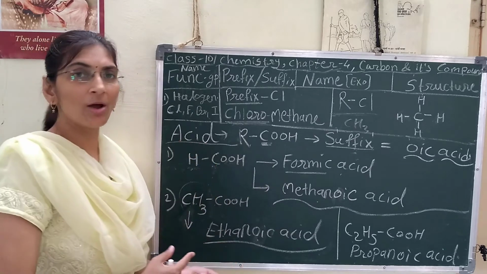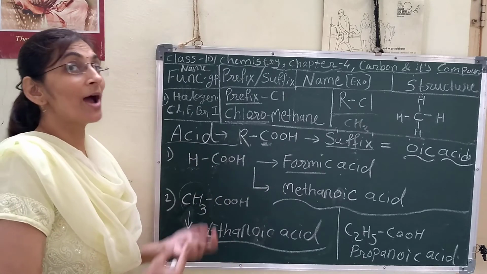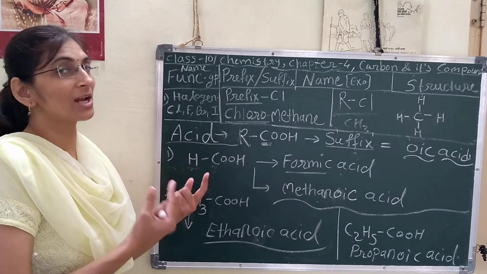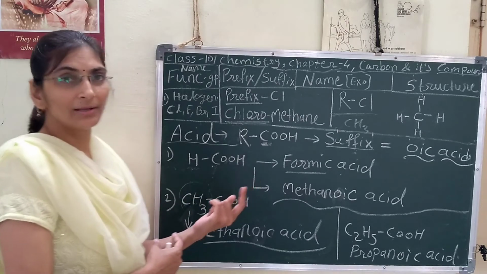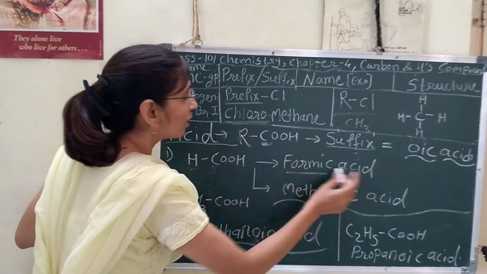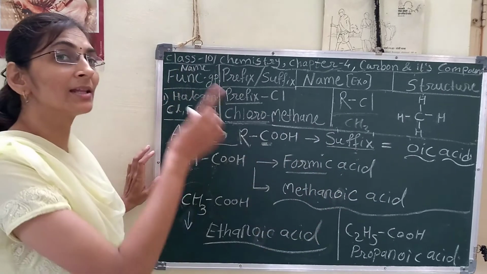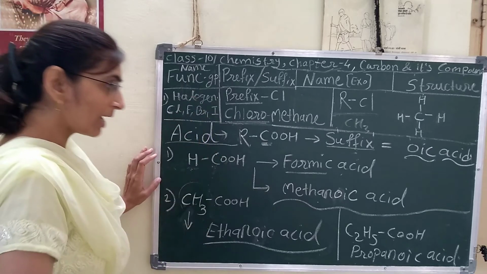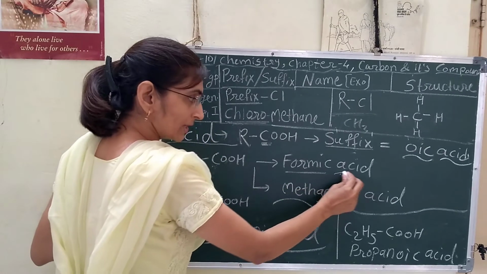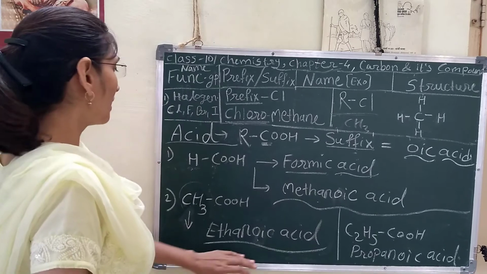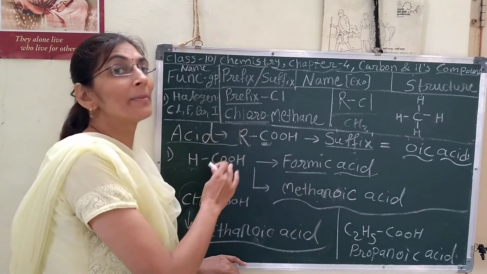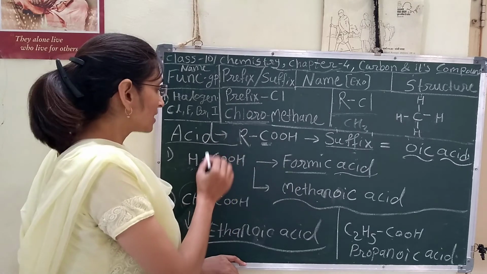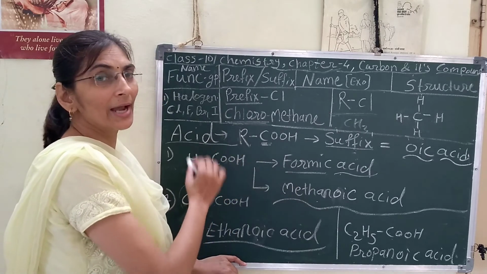Because it is the property of acid. So, understood why we feel the burning sensation after the bite of an ant? Yes. This is because of the formic acid present inside the ant sting. But it is the common name. Formic acid is the common name. As the H is present, in aldehyde also, formaldehyde we have seen. The first member was formaldehyde in the aldehyde series.